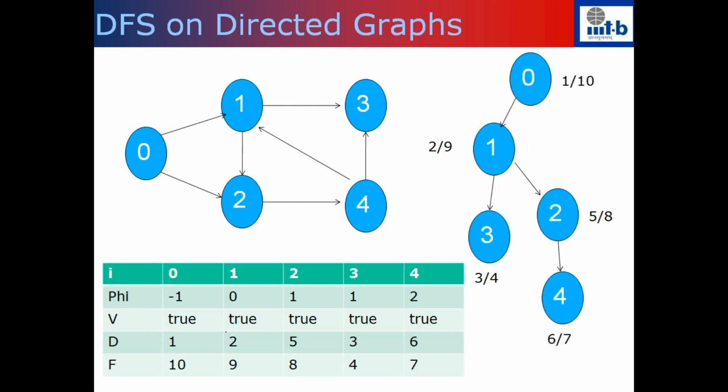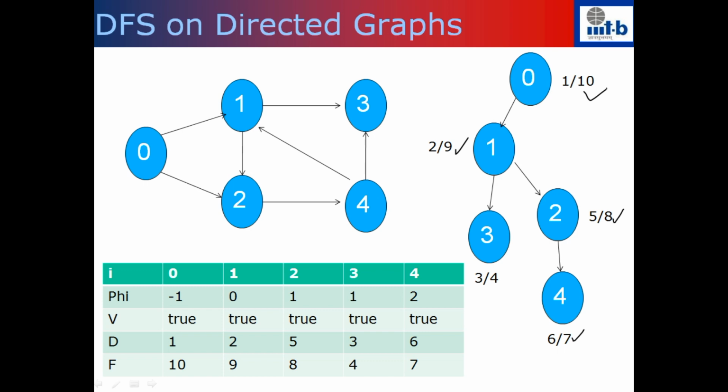So what I have is the following DFS traversal of the graph. I started with 1, so I went to 2, then from 2 I went to 3. From 3 I could not go anywhere, so I set the finish time and came back to 1. From 1 I went to 2, from 2 I went to 4. From 4 I could not go anywhere because all the vertices from 4 have been already visited. So I set the finish time, I went back to 2, from 2 back to 1, and from 1 back to 0. So the DFS tree that you got in this case is exactly the same as the DFS tree that you got in the recursive call.